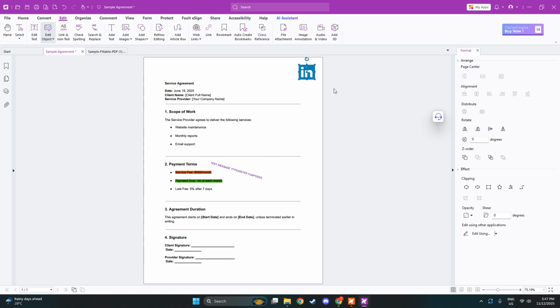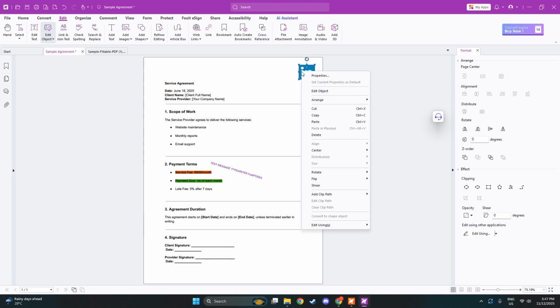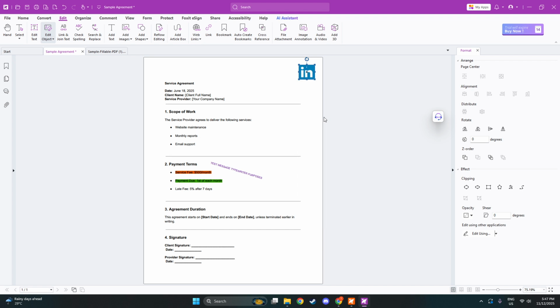With the Edit Object tool activated, click on the image you wish to copy. The selected image will now be highlighted, indicating that it's primed for your next action, which is copying. Now, hover over the highlighted image and right-click to bring up the context menu. In this menu, simply select Copy. This action may seem minor, but it effectively places the selected image onto your clipboard, ready to be transferred to